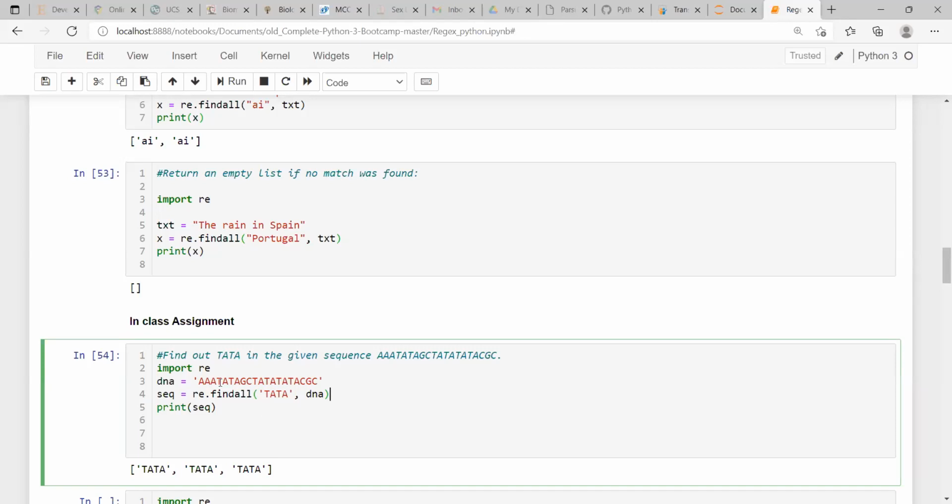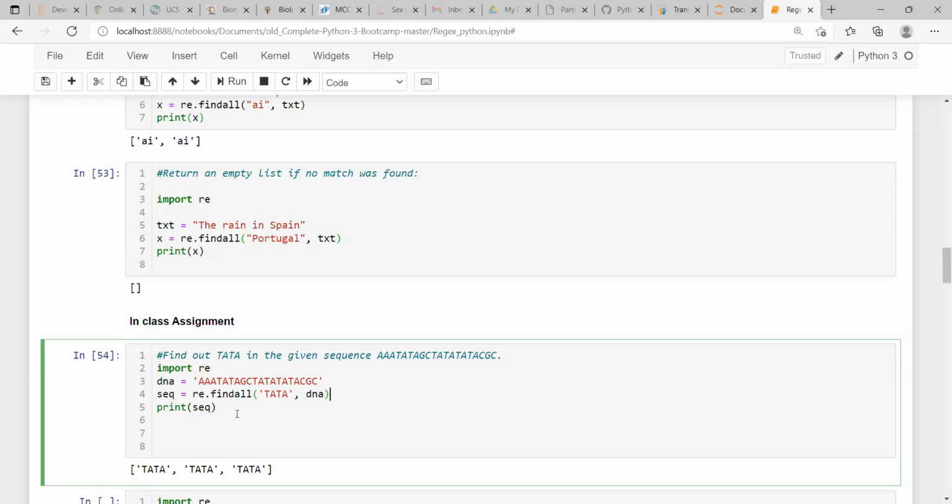Now check carefully. TATA, TATA, TATA. But here another TATA is also available, isn't it? But that is not given here. I am not going to discuss this problem right now, but that is your home assignment.